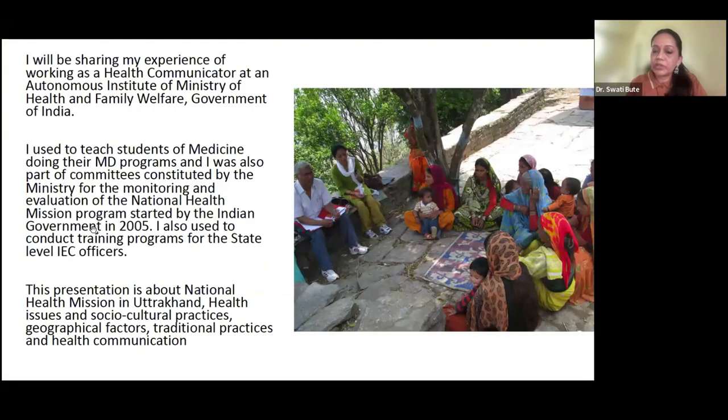specifically in the context of socio-cultural background. Each state has a different culture and a different language. A lot of dialects are there which local people speak at a local level. So discussing with them something related to health communication, specifically a new initiative started by the government of India to